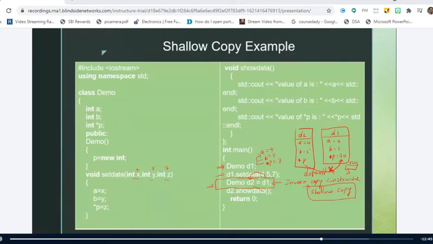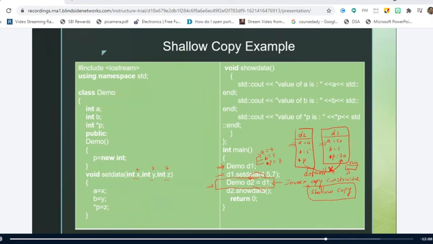When we change the value of A that belongs to D1 from 4 to 50, does it affect the value of A in D2?